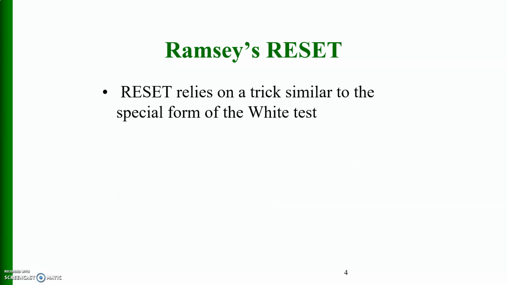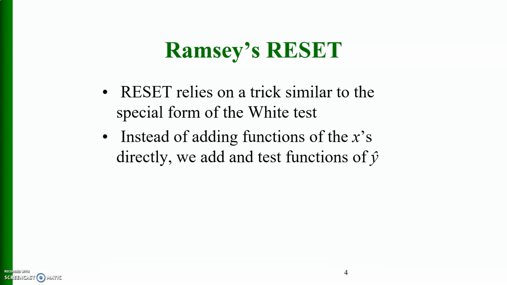This test relies on a trick similar to the special form of the White test, but here in Ramsey's test, instead of adding functions of the x's directly, we add and test functions of y hat.